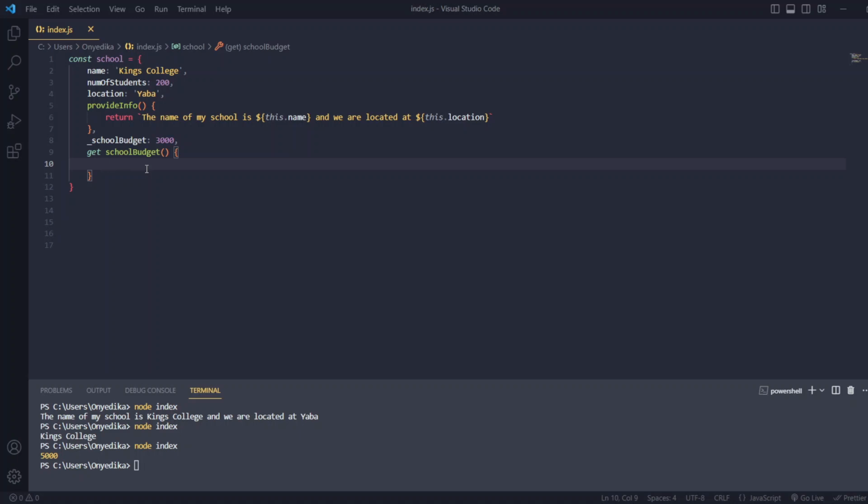We want to check that it's actually a figure, not something else. So we'll do that by saying if this dot school budget and type of this dot underscore school budget is strictly equals to number,